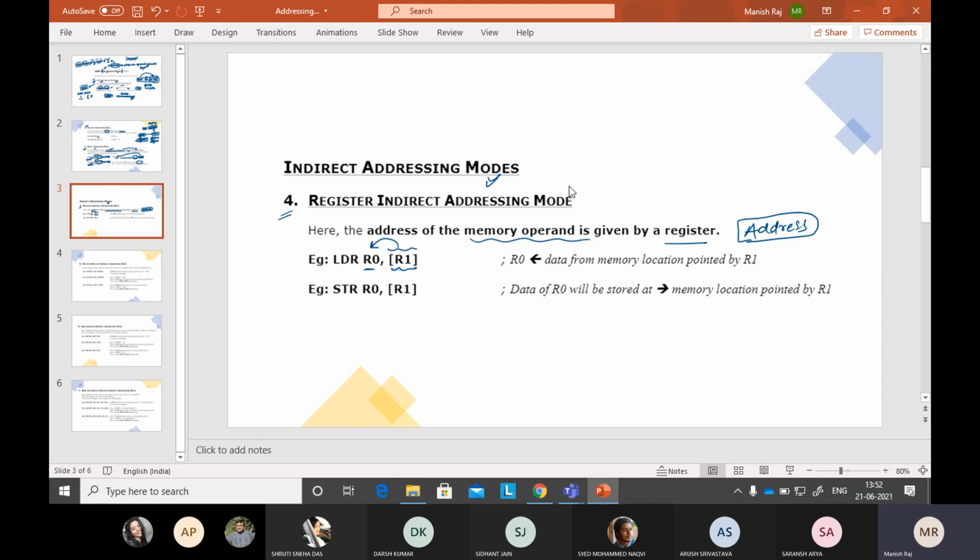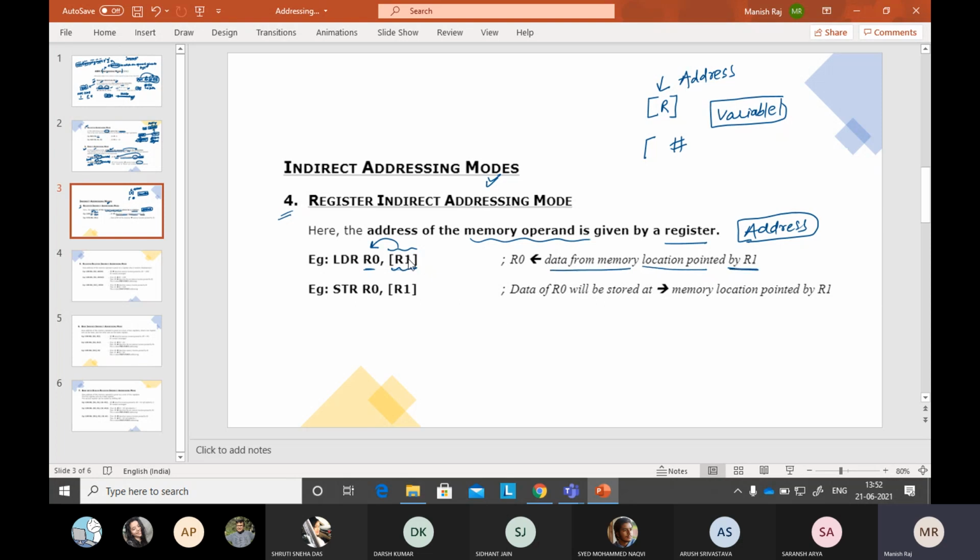So this is the story when we are dealing with the address. If something is written in brackets, you are providing only the address, and if a hash is used, you are using the data, only the data. Here you are making the variables and the data of the variable you are providing in the previous register mode. In this mode you are providing only the address to the instruction. So you are storing data from the memory location pointed to by R1.